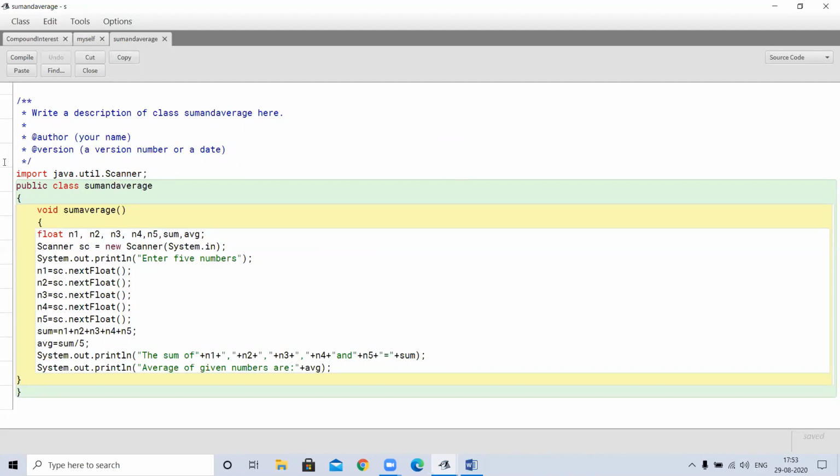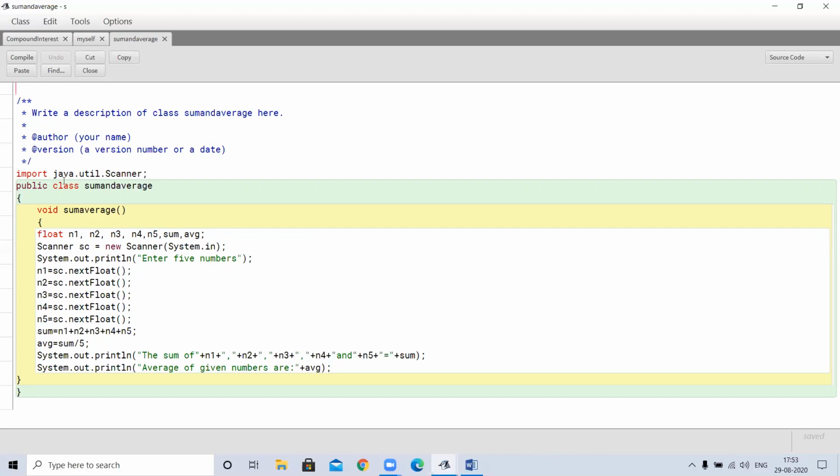So I start my program by importing the package, import java.util.Scanner. What I told you, you can write star. Star means you can avail all the classes of the util package, and here I have directly written util.Scanner. Means from the util package I want to use the Scanner class. Okay, I am importing it.